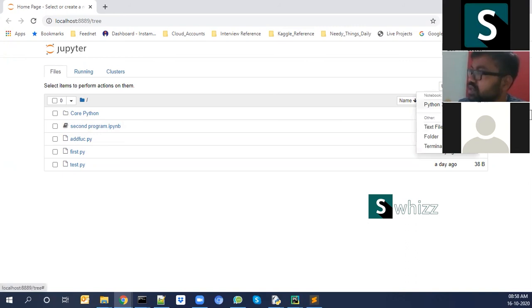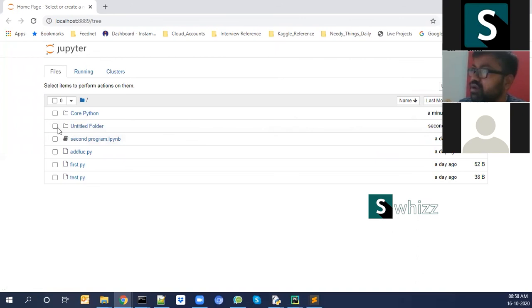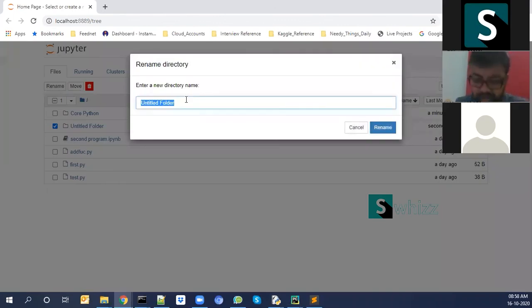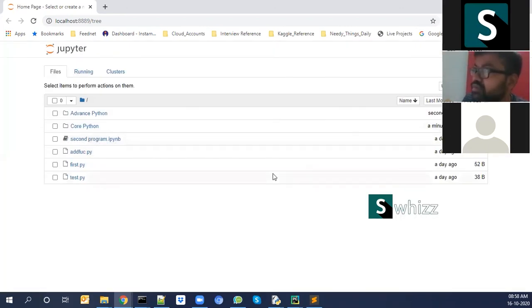So in this way I created one. I'm trying to create one more folder. There is an untitled folder, just rename it. I'm creating two folders, like advanced Python. One more folder I'm creating, so I can rename that one. Let me try one more time.